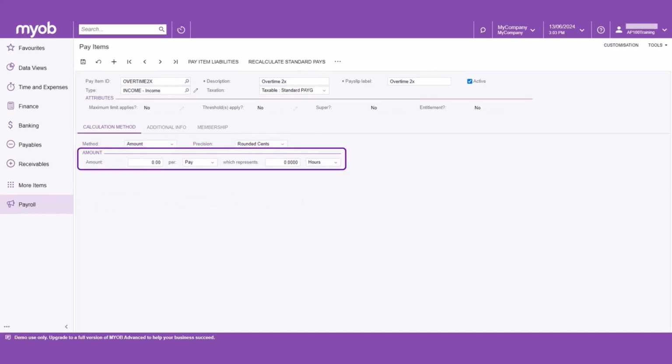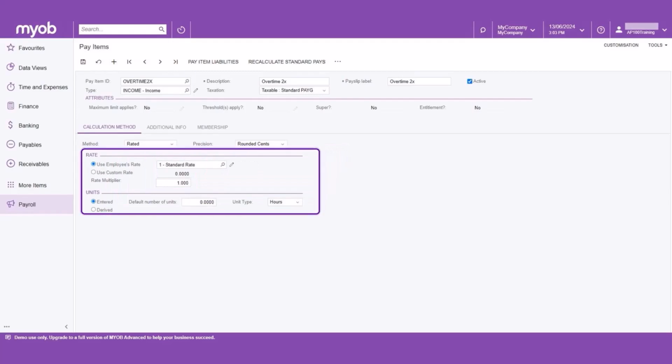The amount can be used as a default for this pay item or left blank if it is different for every employee using this pay item. Set up the frequency of the pay item. Note that if you set this to per fortnight and the employee assigned to this pay item is in a weekly pay run, this would be halved, representing either hours, days, weeks, pieces, units.